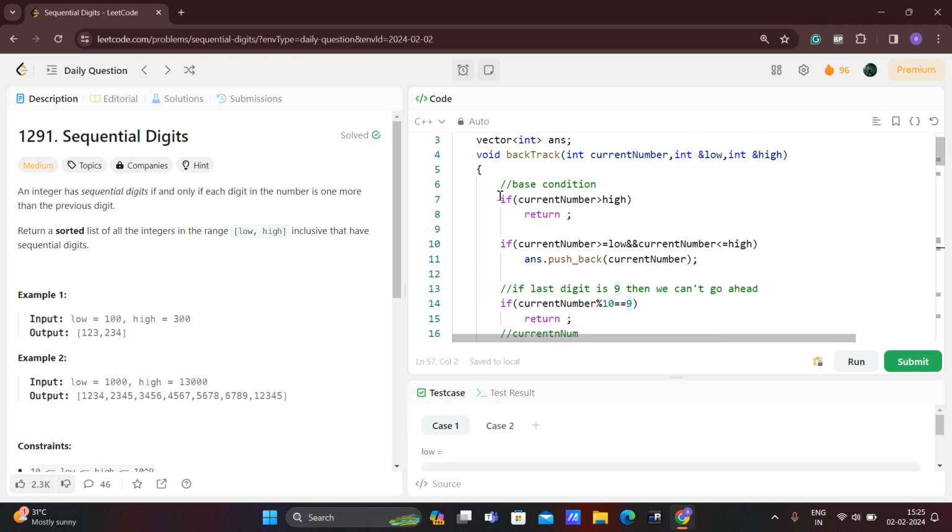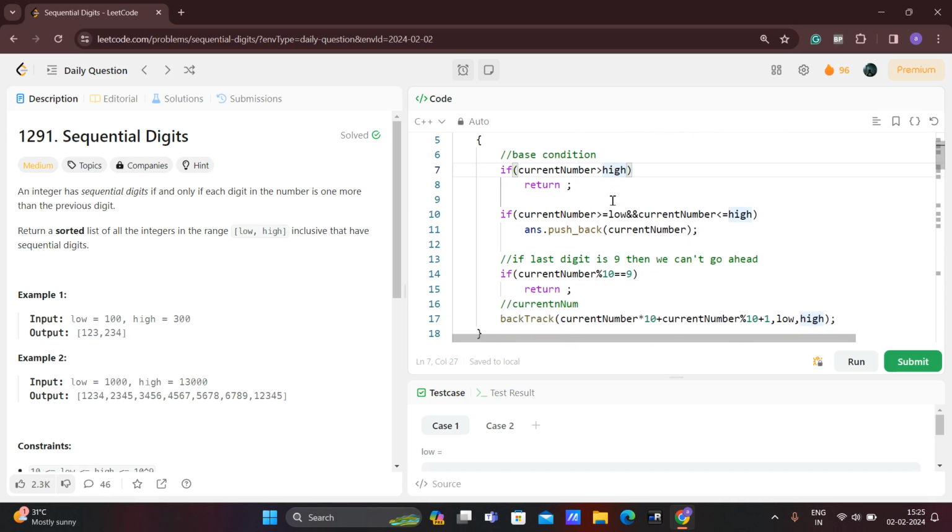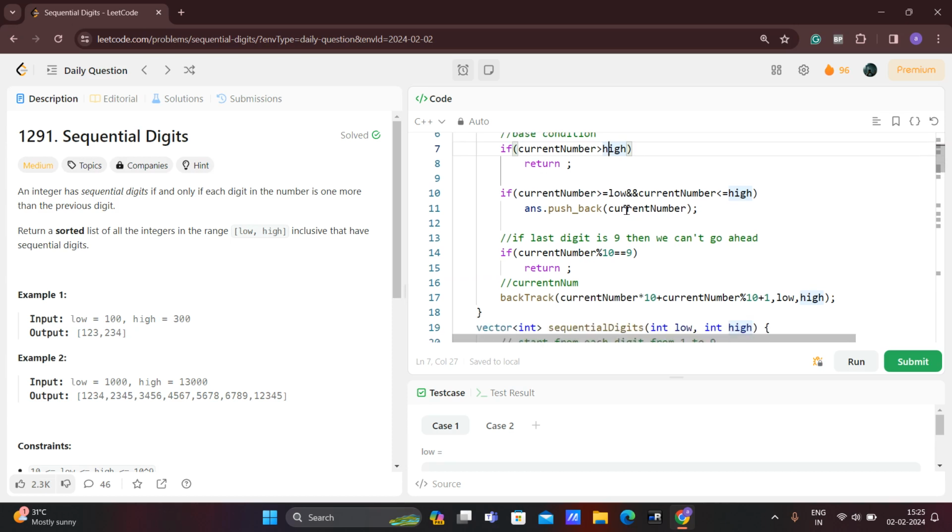And then whenever we are writing a recursive solution, we need to have a base condition. What will be the base condition for this? The base condition can be like, whenever we have the current number which is greater than high, then we can return, so that we can stop there itself. And when should we add the current number to the answer? When we have the current number in the range from low to high,